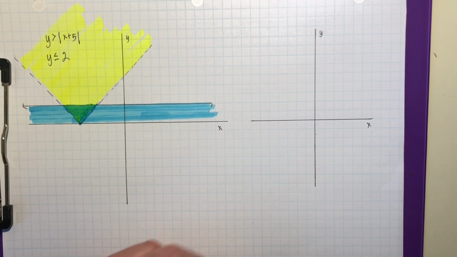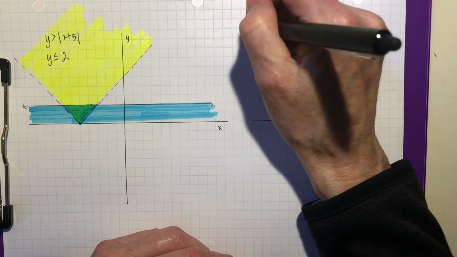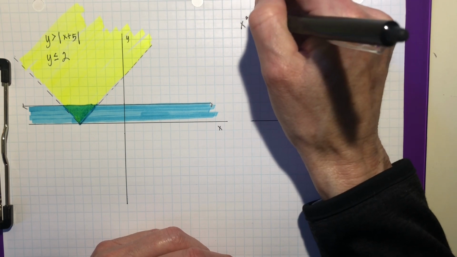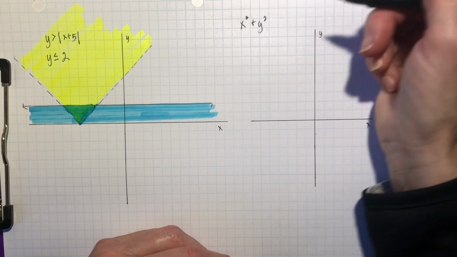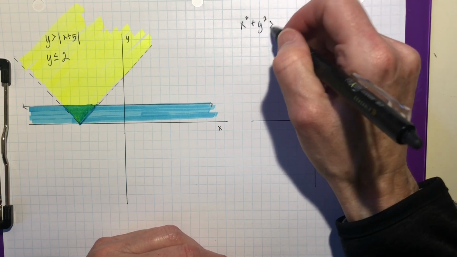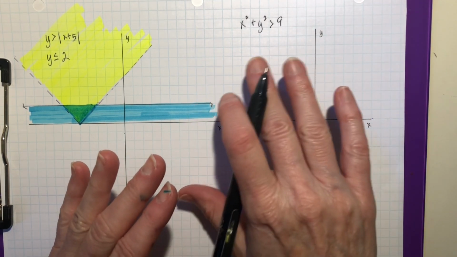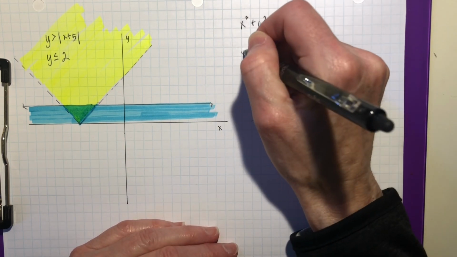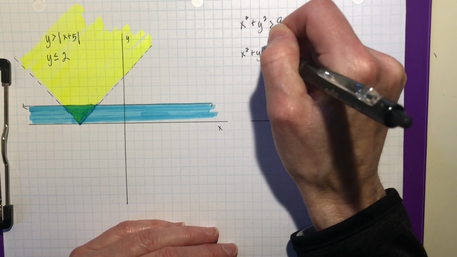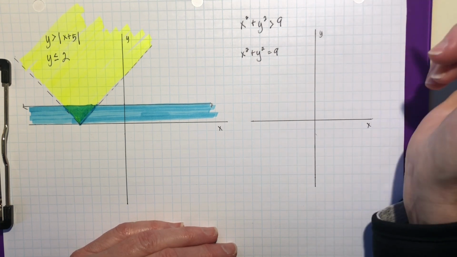Another interesting thing to graph is this kind of inequality. X squared plus y squared is greater than 9. A lot of times what makes it easier is to rewrite this thing as an equation. X squared plus y squared equals 9. And